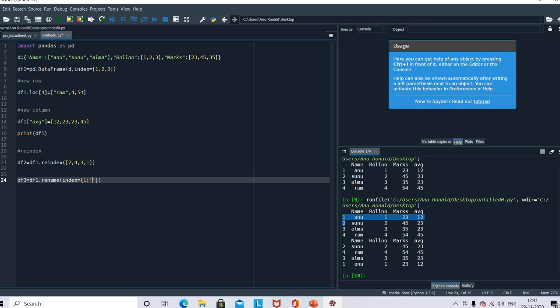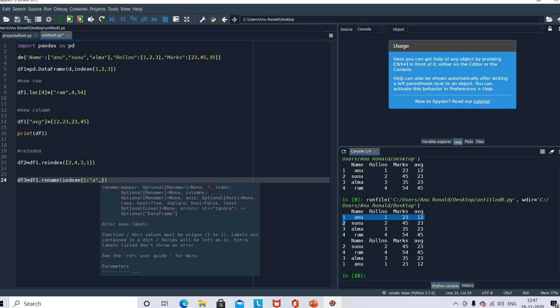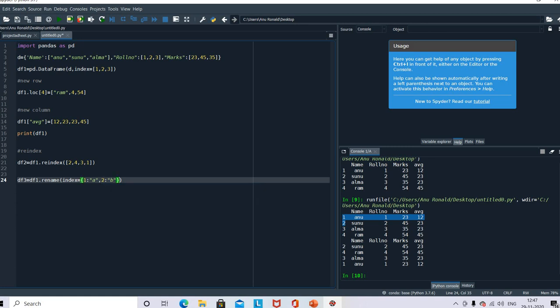I'm going to give A, and one more name I want to change, 2 colon B. So giving values A and B for the index 1 and 2. So this is how I am changing the index.